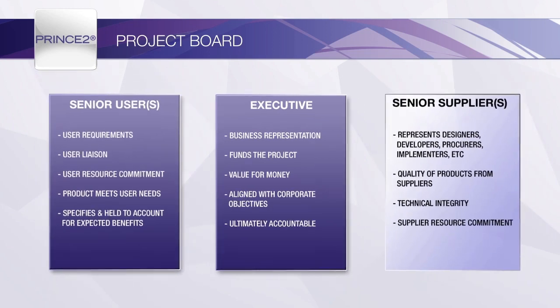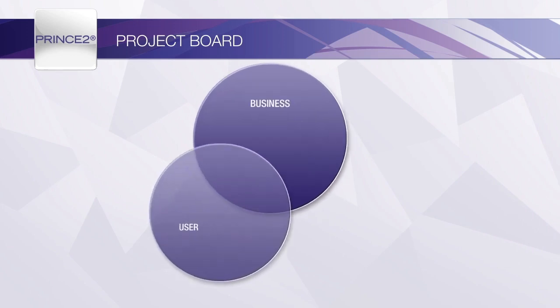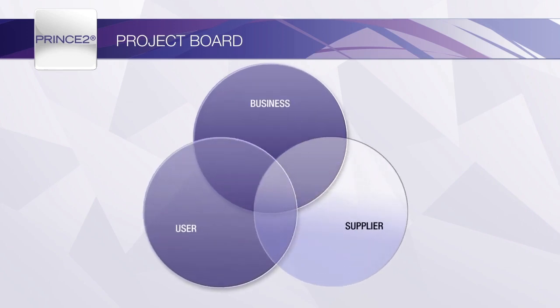The project board represents the key business, user and supplier stakeholder interests within the project. There are likely to be other stakeholders who are not part of the project management team, who may need to interact with the project or who may be affected by the project's outcome. Such stakeholders can come and go as the project progresses through different management stages. A stakeholder can be people or groups who are not part of the project management team, but who may need to interact with the project or who may have an interest or influence on the project's outcome.